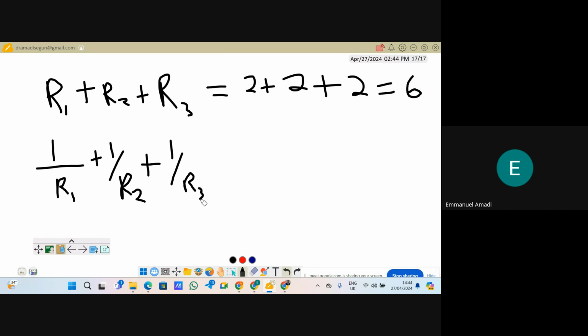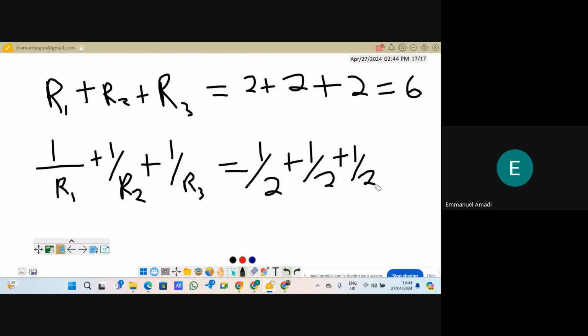This is basically it, plus 1 over R3. Now, when you look at this in depth, you get to understand something. If I decide to add all those things together, this is going to be 1 over 2 plus 1 over 2 plus 1 over 2. For people who are mathematicians, you know that 1 over 2 is the same thing as